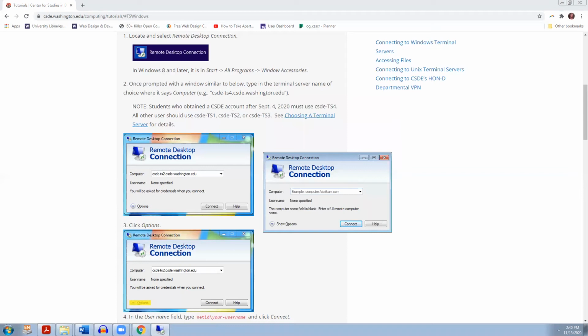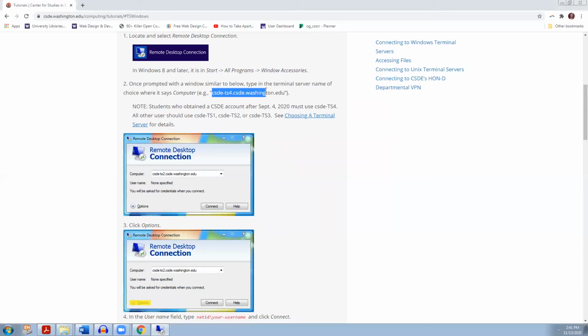So from here, let's take a look briefly back at the web page. On line 2, where it says, once prompted with a window similar to below, type the terminal server name of choice where it says computer. For example, right now it looks like it's connecting to terminal server 4, so CSDE terminal server number 4, and then furthering the route through uw.edu. So let's go ahead and highlight, copy,